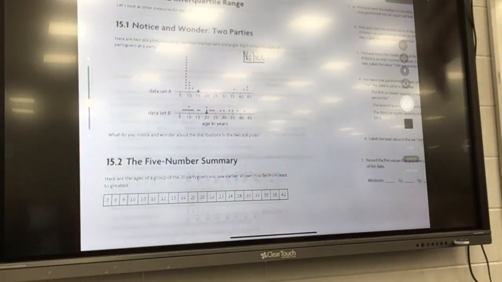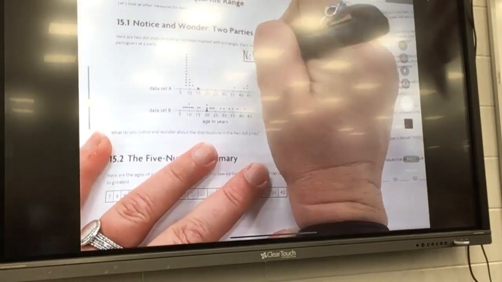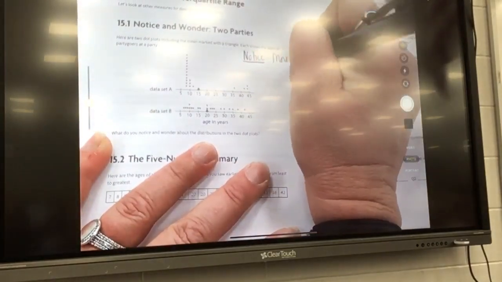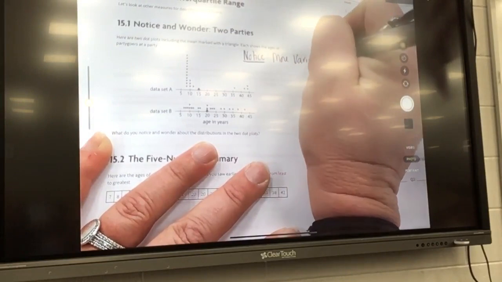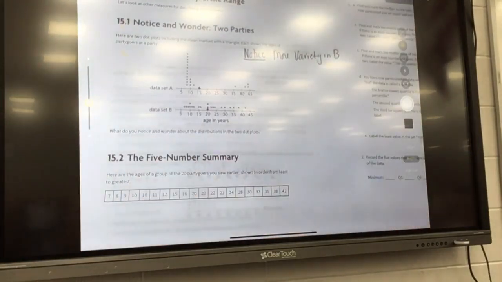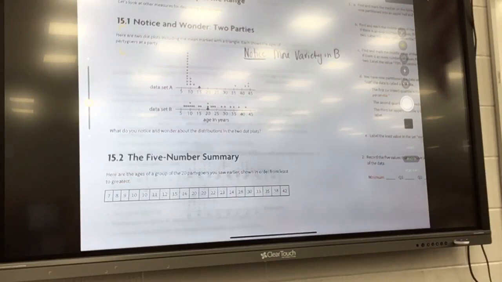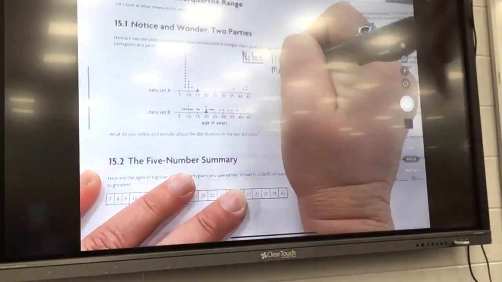So what do you notice about these two dot plots? That there's more of a variety of ages in data set B than there is in data set A. All right, so more variety in B. All right, Lily? There's more people under 20 in data set A. There's a lot of kids in